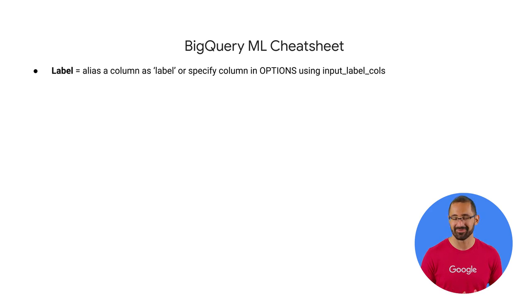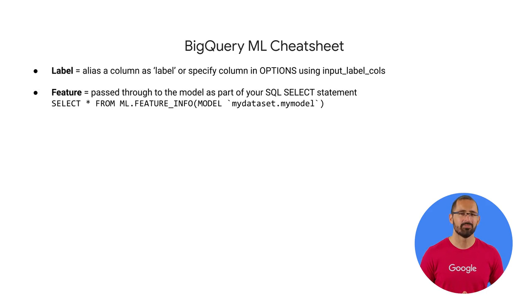If you're going to print something out, it's going to be this page. First, in BigQuery ML, you need to have a field in your training dataset titled label, or you need to specify which field or fields are your labels by using the input label calls in your model options. Second, your model features are simply the data columns that are part of your select statement after your create model statement. After a model is trained, you can use ml.featureinfo to get statistics and metrics about that column for additional